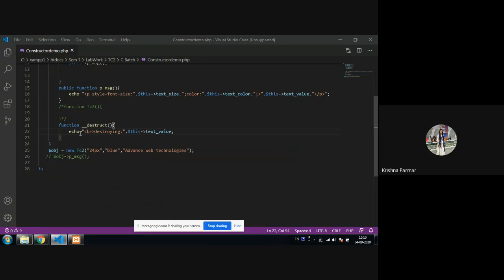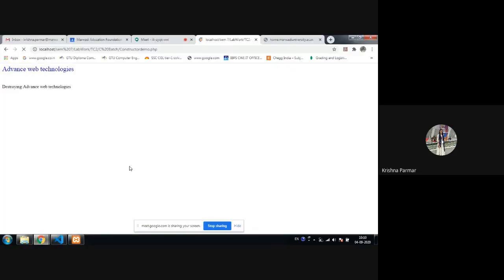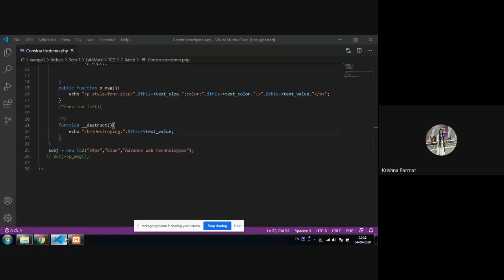So that is all about the destructor. As you can see the output, first it will give you the output of your code, and at last your object is destroyed, or we can say that your destructor will call, and accordingly your object will be destroyed.